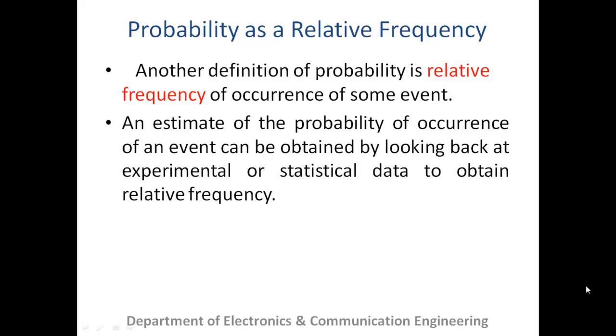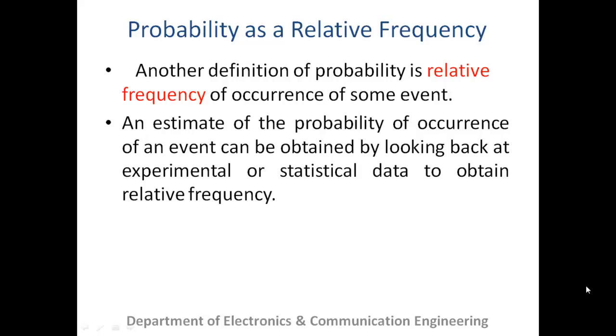The first definition that we talked about in the previous lecture was based on set theory, where we talked about different sets. We defined a particular set which is called the universal set. We talked about subsets, disjoint sets, and in the end we talked about the axiomatic definition of probability,